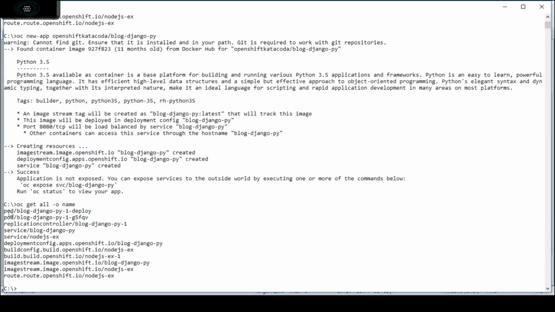If you look at the screen, the resources have been created. Now, in order to access the application globally, we need to expose the service. So we will expose the service using this command.